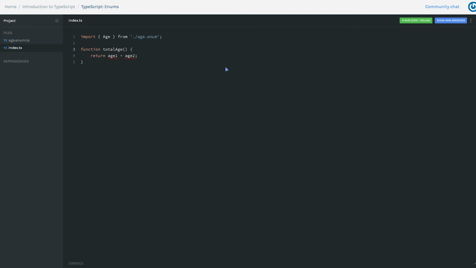And so in here, we want to have age 1 of type age, and then we're going to have age 2 of type age. And because this is a string enum, this will work. And we can go ahead and just return those values. I use enums all the time when I'm going to pre-populate drop-down values that we're going to have. But there's also string enums that we can have as well,